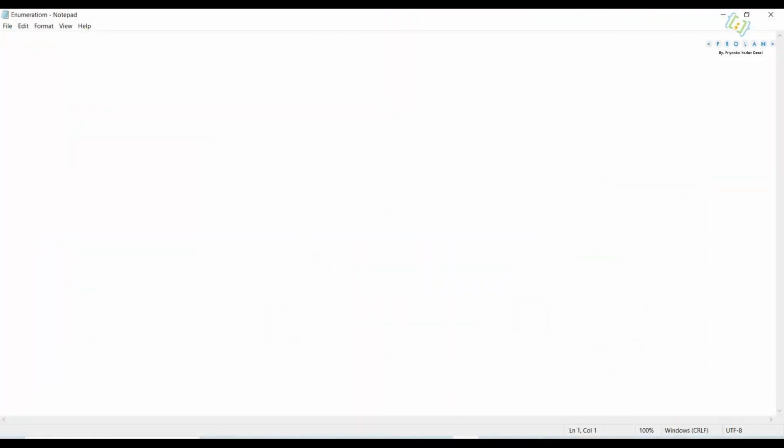So see here, I have created enum boolean data type and the names which I am giving to this data type are false and true, right? Now after I create this enum boolean, I'll start with my main program. Int main.